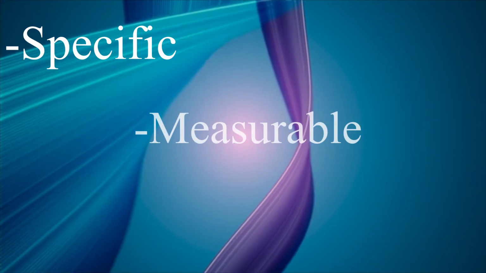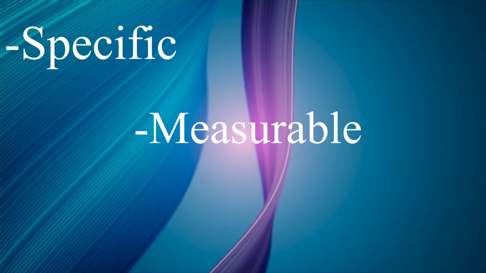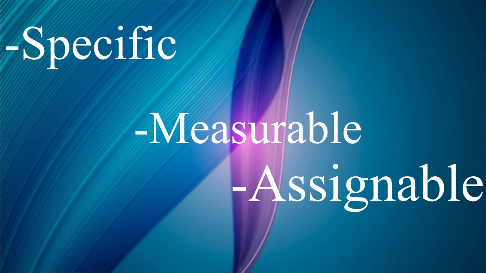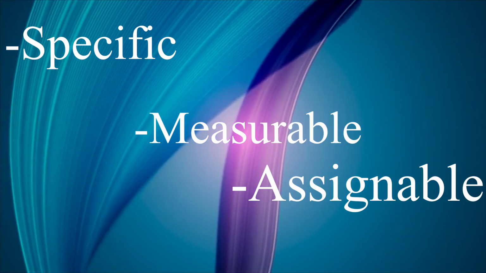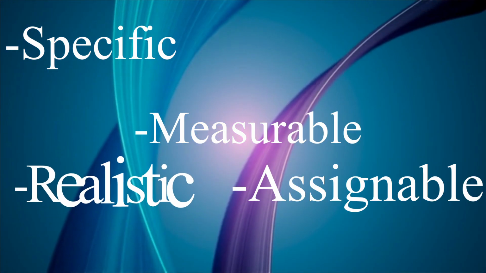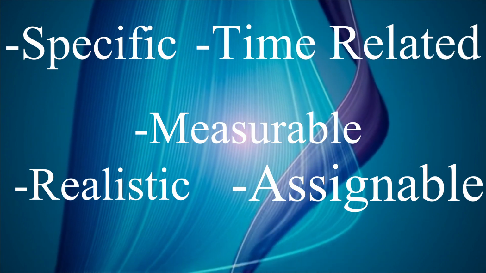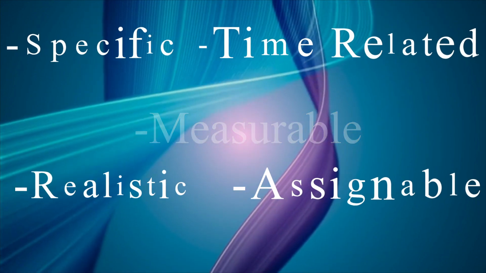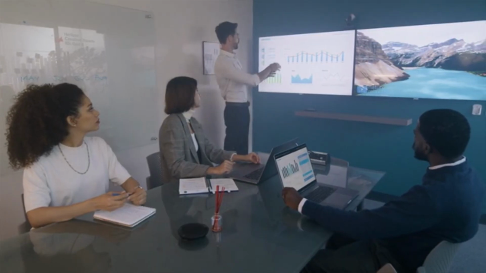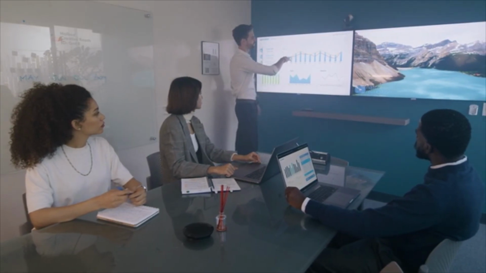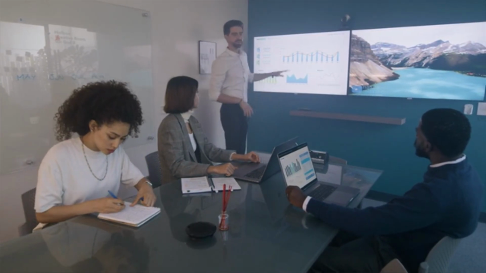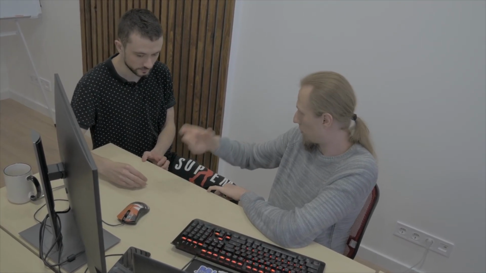Targeting a particular area for improvement, quantifying or at least suggesting an indicator of progress, defining responsibility clearly, outlining attainable results with available resources, and including a timeline for expected results. Be precise about your desired outcome. A SMART goal clearly defines what you want to achieve. You will learn how to utilize metrics or indicators that will be used to assess your success. You should be able to track your progress toward the goal.